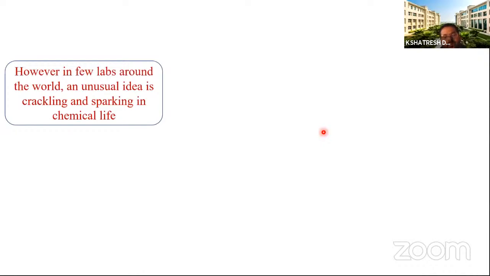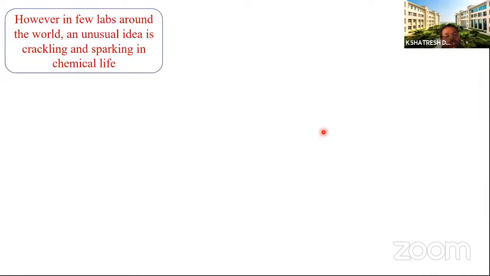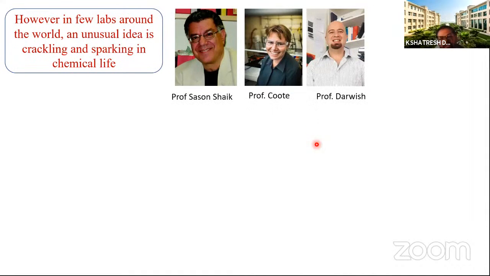But what happens in some of the groups, somewhere in the world, there are some groups which have some unusual idea to regulate this choreography, or to regulate that type of motion. And this new idea is actually unusual, you may say that this is a type of unorthodox way.